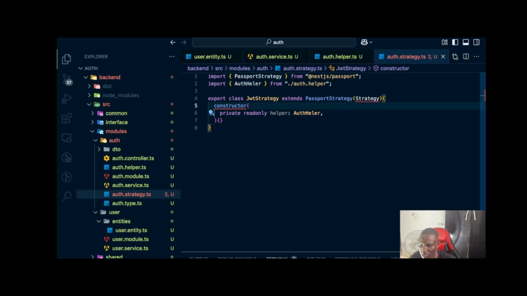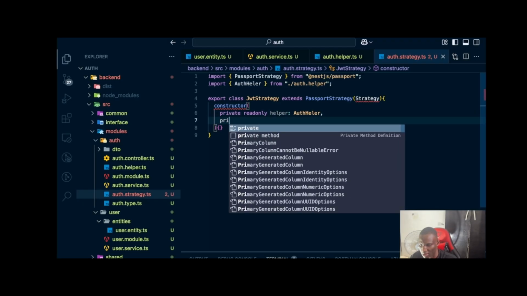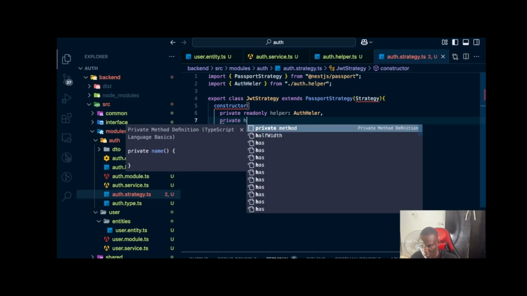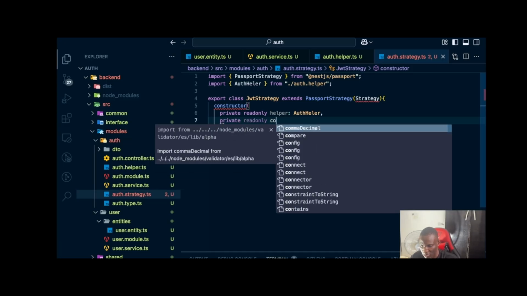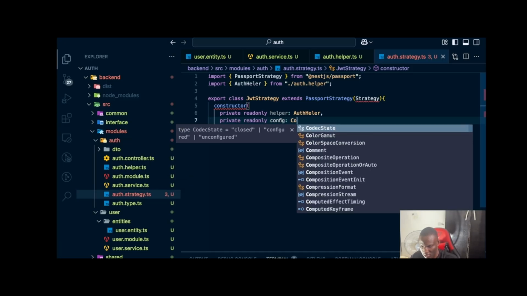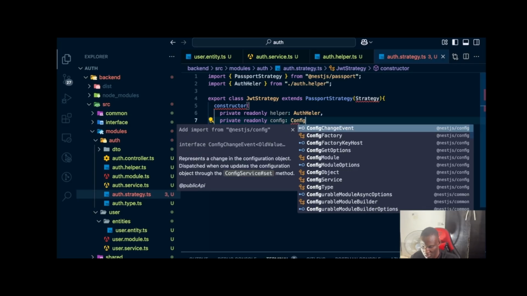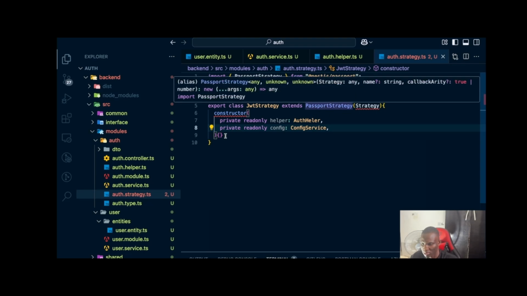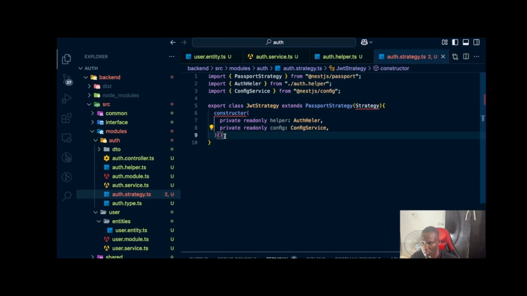We definitely are using the constructor, and let's just go ahead and inject private read only config, go to config service. Okay,